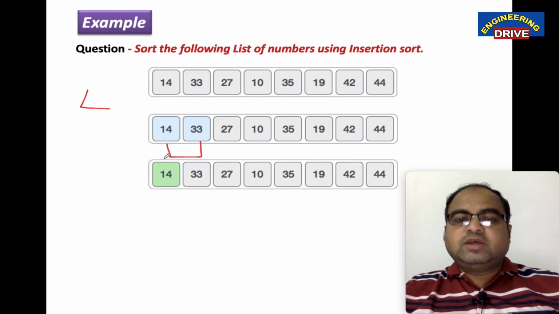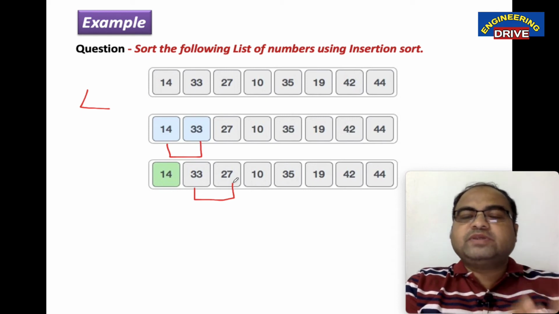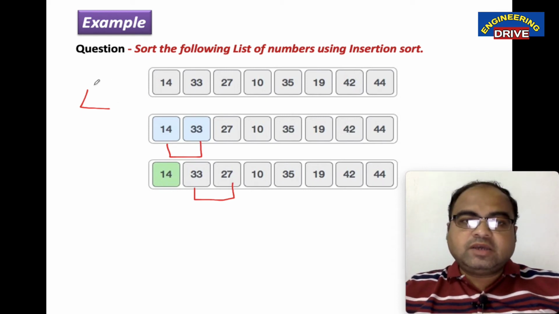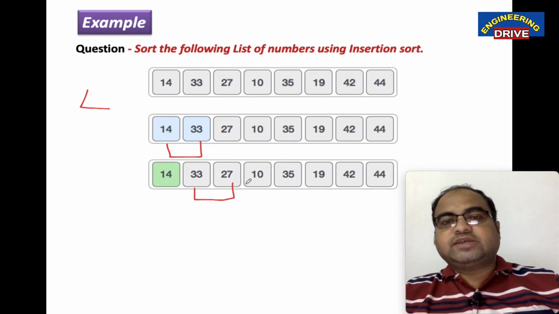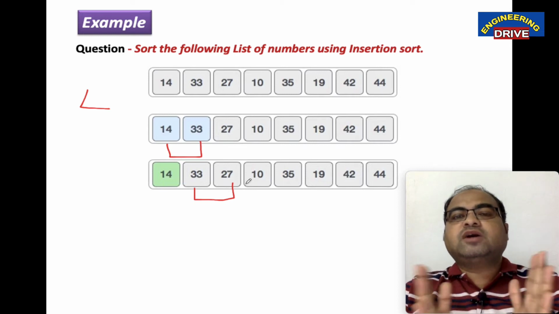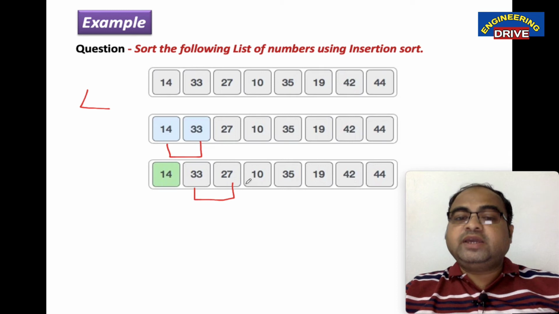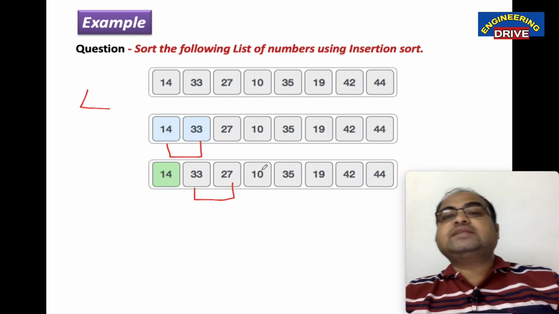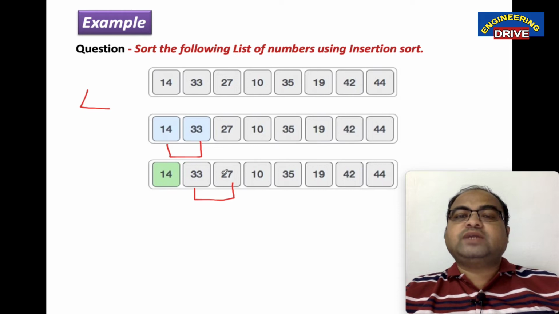Is it right? Now similarly check the second and third number in this step. Perform comparison between the second and third number. Which comparison? Again the less than comparison. 33 is less than 27. Yes or no? True or false? The answer is false, because 33 is greater than 27. That's why whenever 33 is not less than 27, we need to exchange their position. We need to swap their positions.